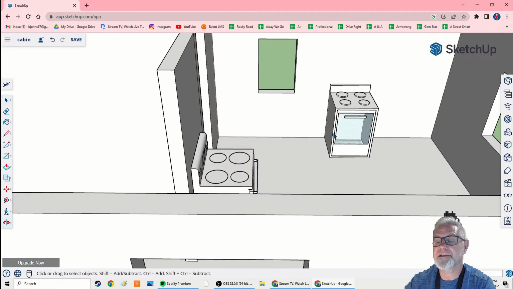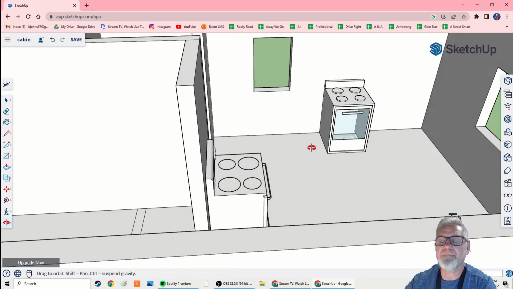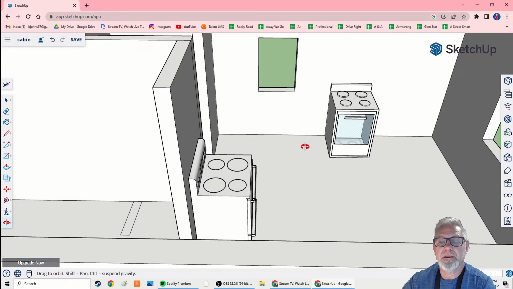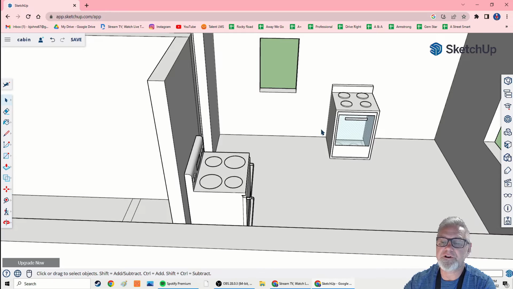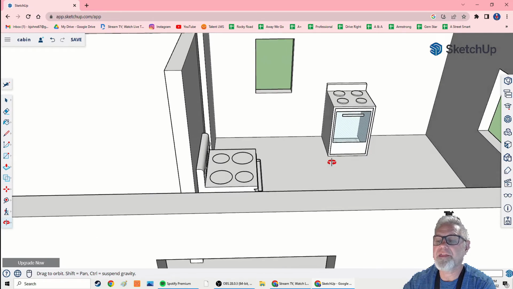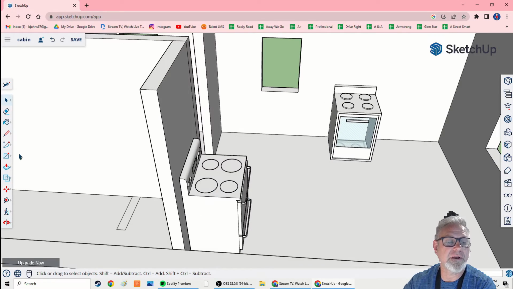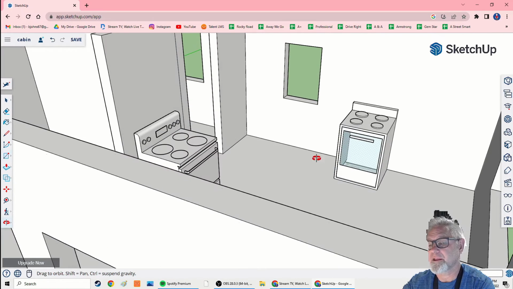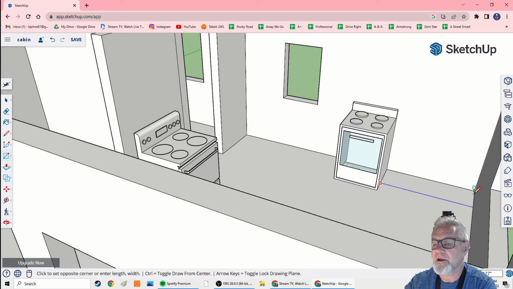Now, as far as cabinets and counters go, it's a little tricky. When you search for that kind of stuff, sometimes you'll find an entire kitchen that someone has designed, and it probably won't fit your kitchen very well. I think you might have to custom build those. You might get lucky and find some, but I'm thinking something like this for